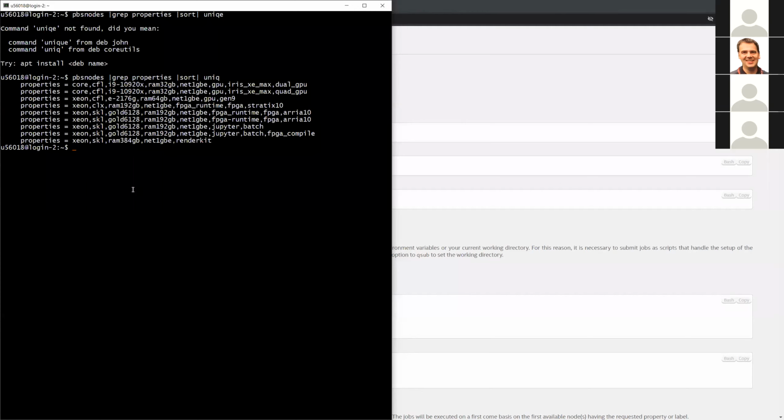And if you want to know what resources you currently have allocated, you just run qstat, for example. By the way, this is all documented as part of the DevCloud introduction material that you find on the web pages, so no need to take any notes here. And if you're not familiar with how to submit a job on such a system,